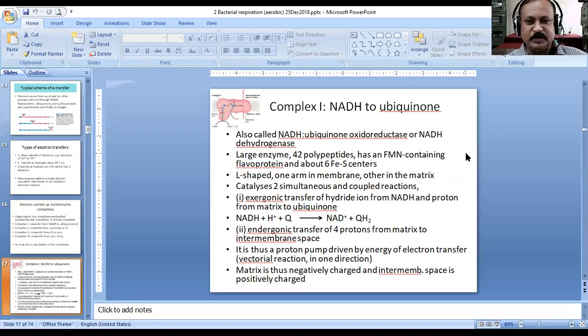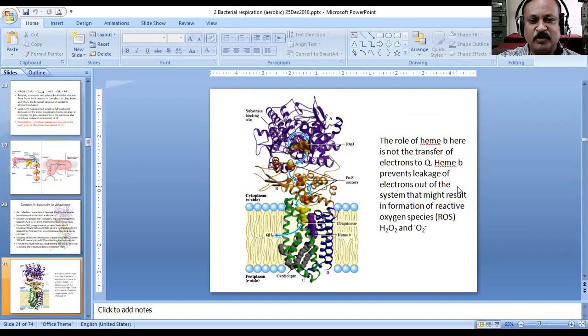We'll start with the lecture. In the earlier lectures, we have seen aerobic respiration, the components involved in aerobic respiration, the structure of mitochondrion ultrastructure, and then we proceeded to see the 4 important complexes involved in the electron transport chain of aerobic respiration. That is also called oxidative phosphorylation. In today's lecture, we are going to go beyond that.